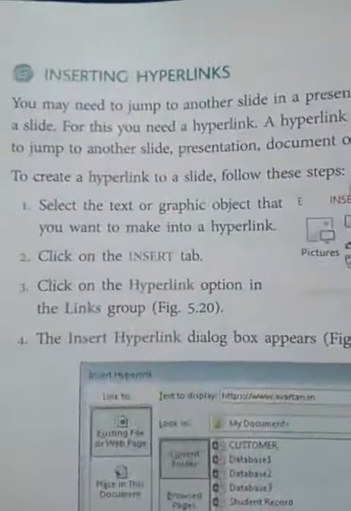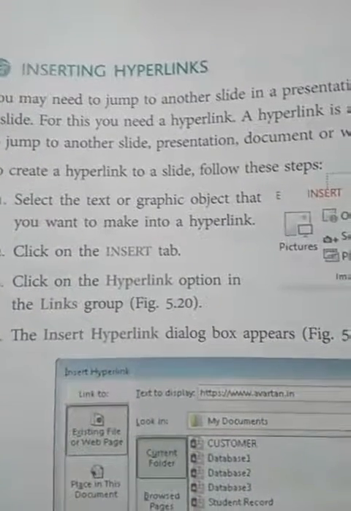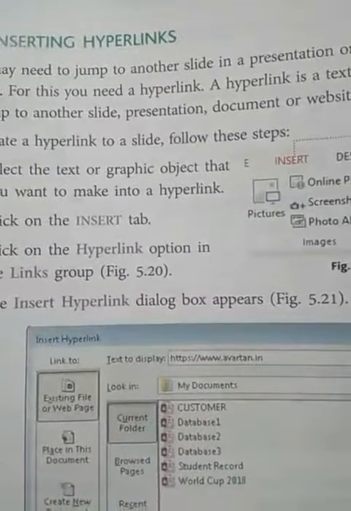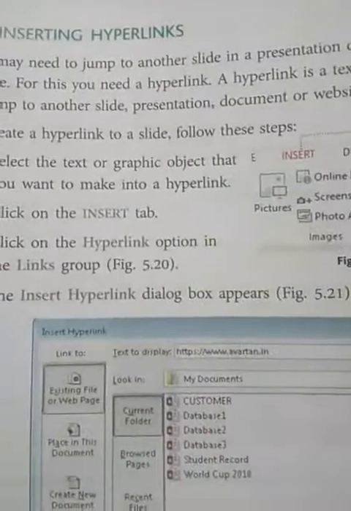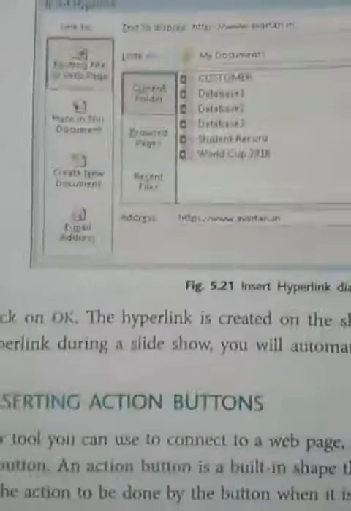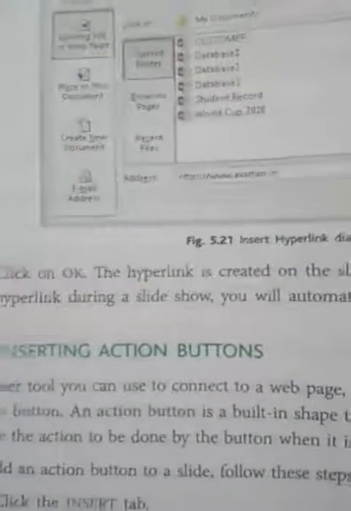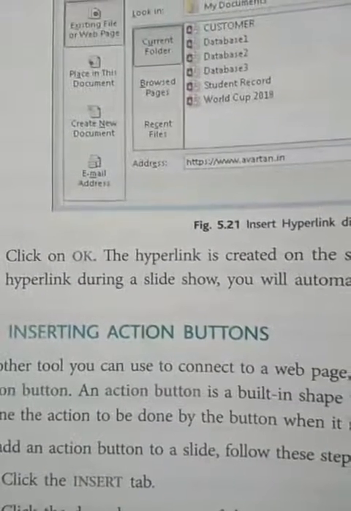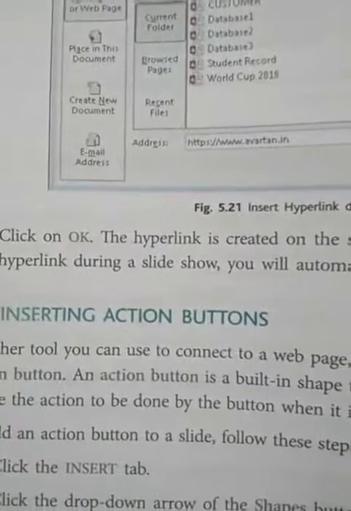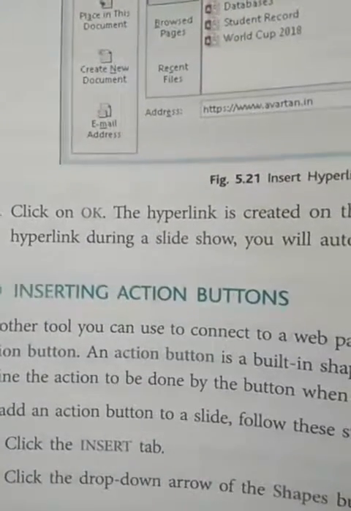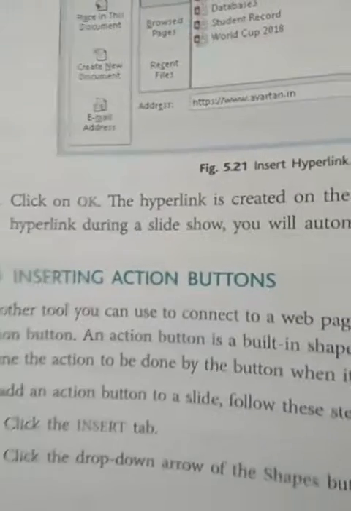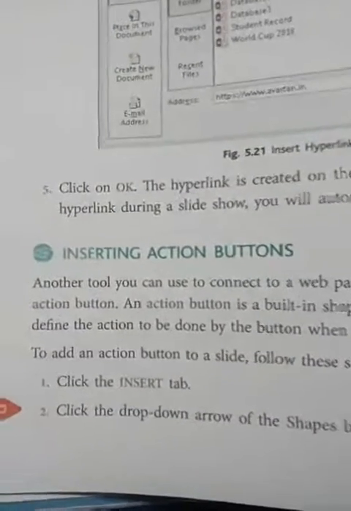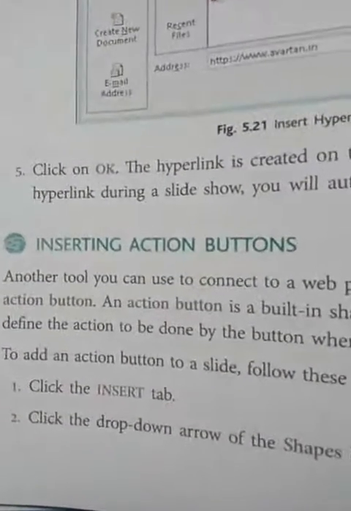Now the next option is the hyperlink option. A hyperlink is a link between two documents. So we can move from one PowerPoint file to another PowerPoint file with the help of a hyperlink. A similar option is inserting an action button. An action button is basically used for switching between the slides in the same file. Suppose we are working on the third slide and we want to move directly to the sixth slide. Using an action button, we can move to the sixth slide.